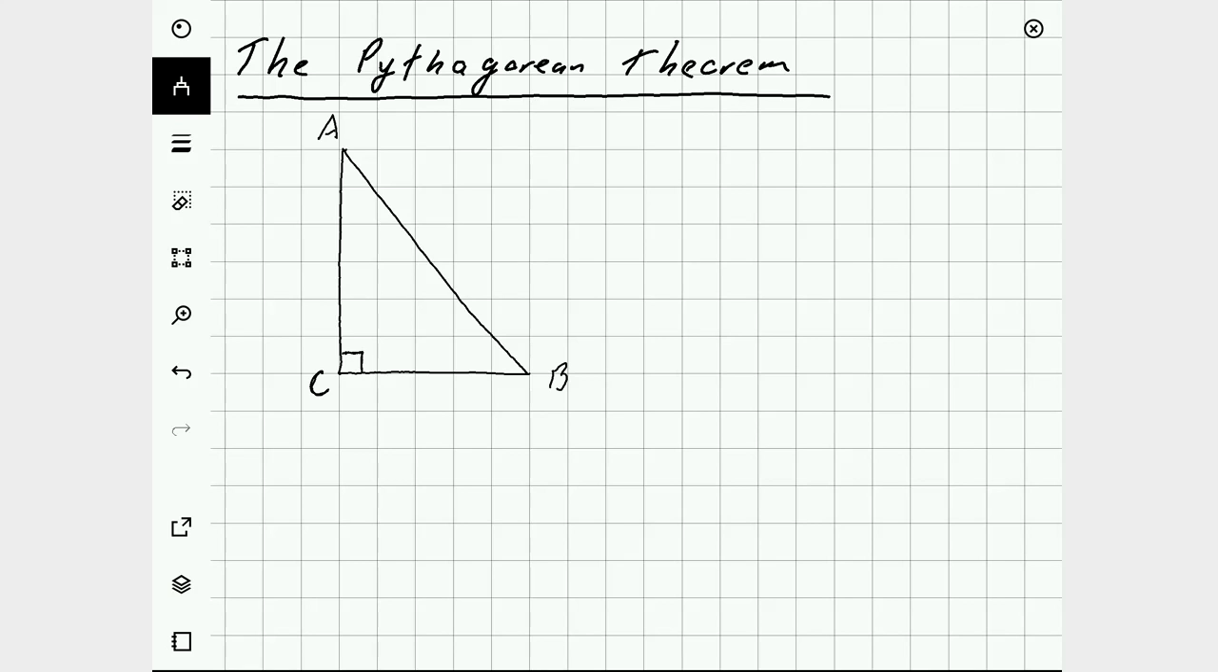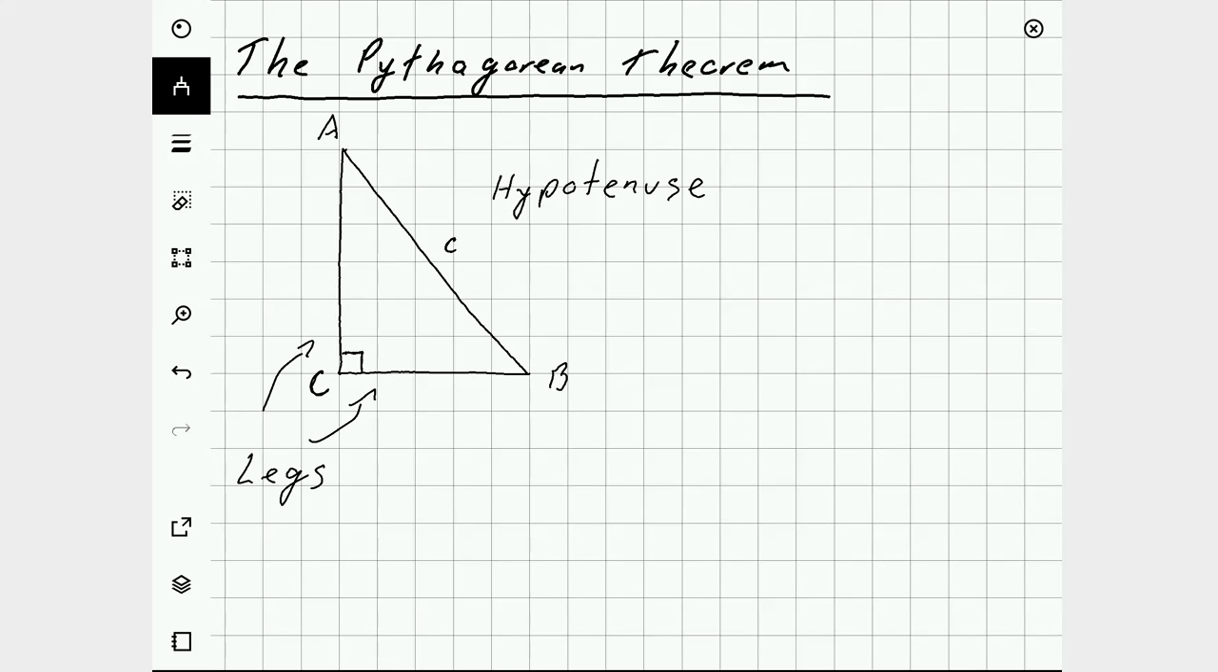The side of the triangle which is furthest away from the right angle is called the hypotenuse of the triangle, and because it's the side that is opposite of angle C, we're going to call that side little c. The two sides that are near the right angle